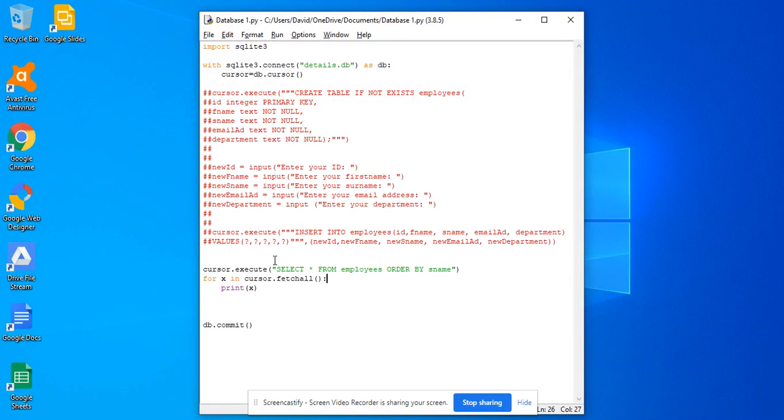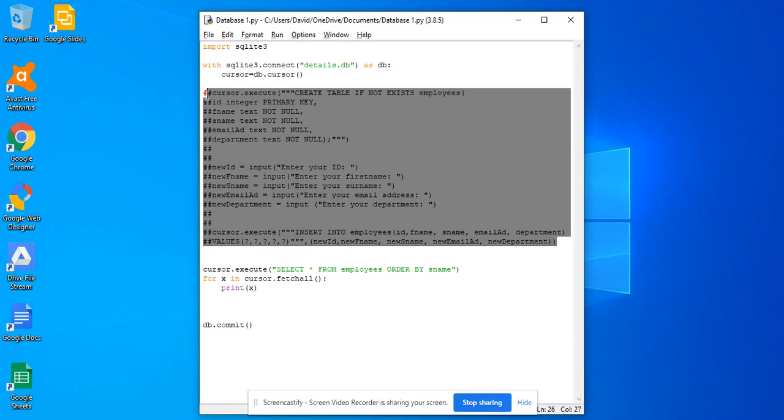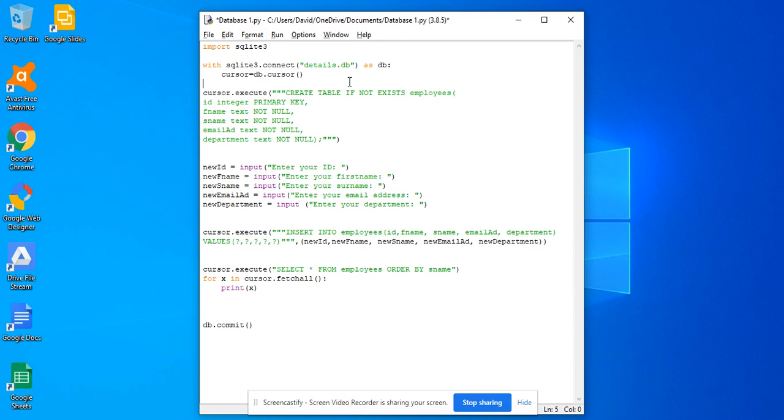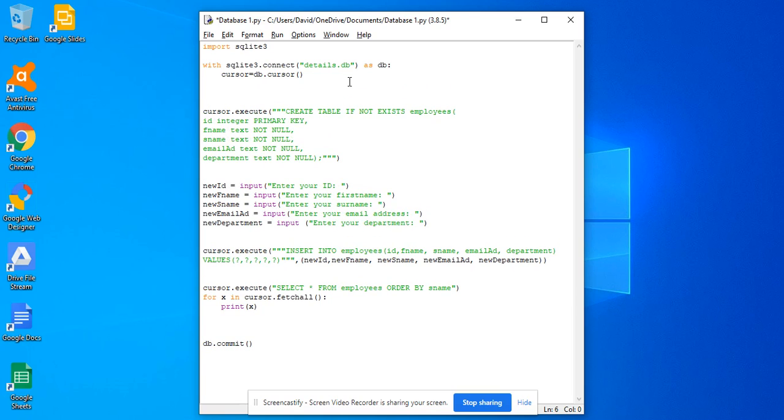Okay guys, in this video I'm going to show you how we can improve on this program by asking the user if they would like to add a user to the table, or return all the users from the table. So what we need to do here is put my two pieces of code in